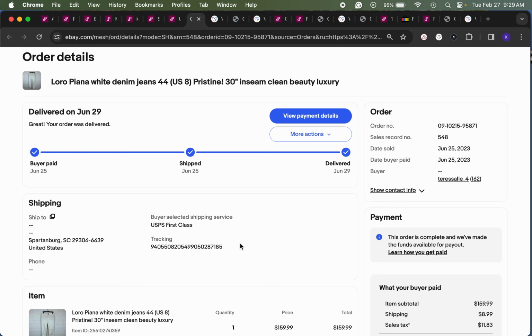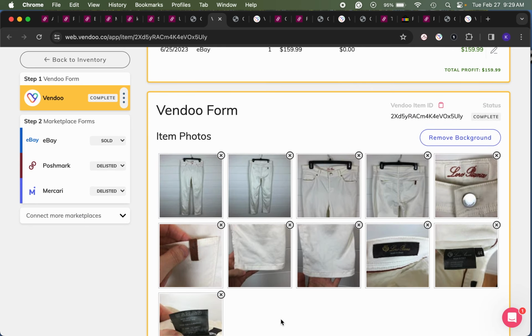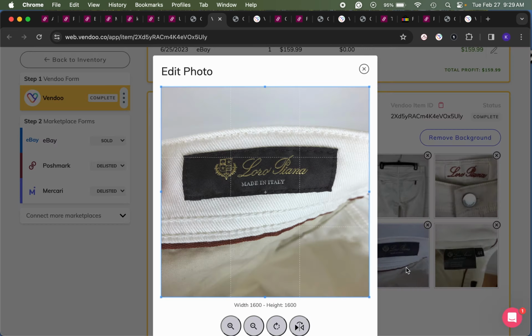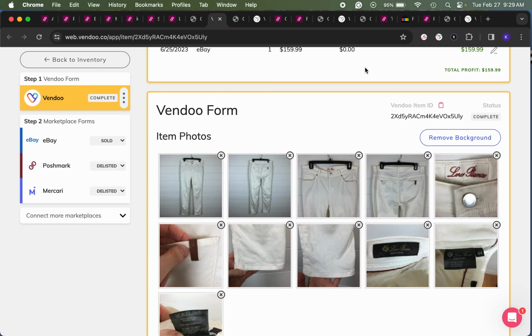and they do have a higher end rack that they put out, but I guess they did not know that this was a high-end brand. So it was just $4 to me, and it sold, as I said, on eBay for $159.99, so my net profit was $134, and this sold in